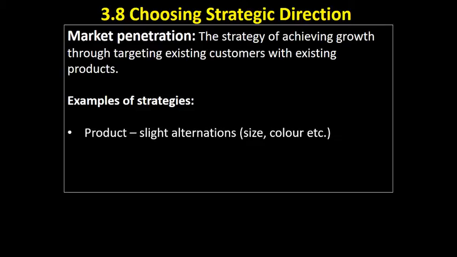It may work by adjusting the product slightly. So we take our product, we change its size perhaps, or we offer an extra large version, or we change its colour. The size one is often done by the fast food chains. They ask you if you want to super size yours. It's a bit more expensive, they get a bit more money. In terms of colour, think about iPhones and mobile phones releasing new colours. Games consoles do that as well.